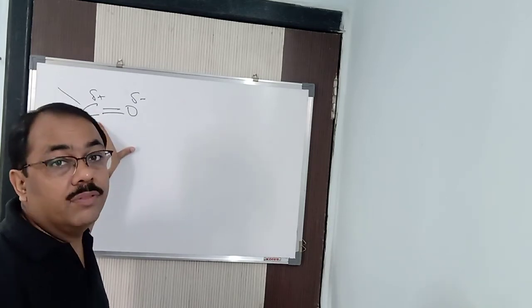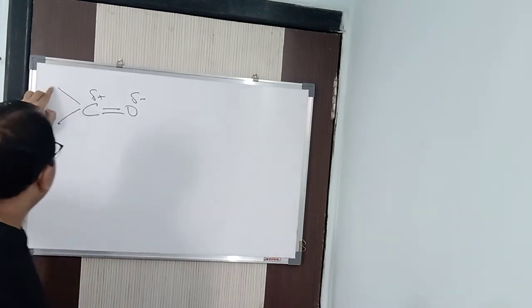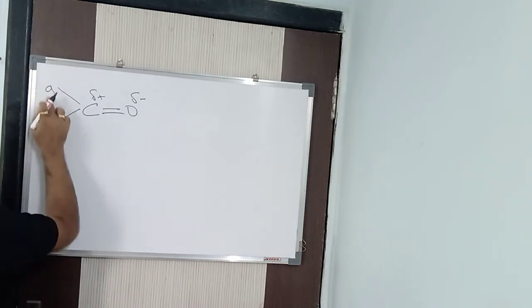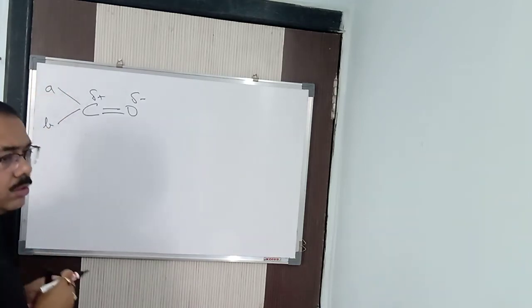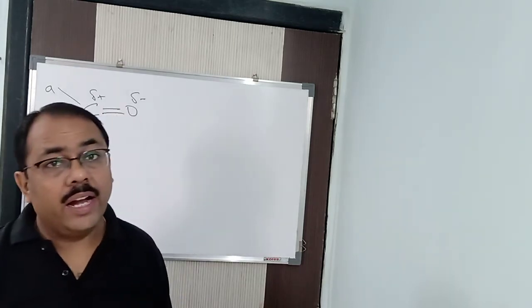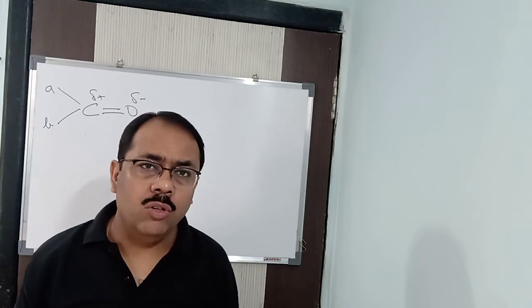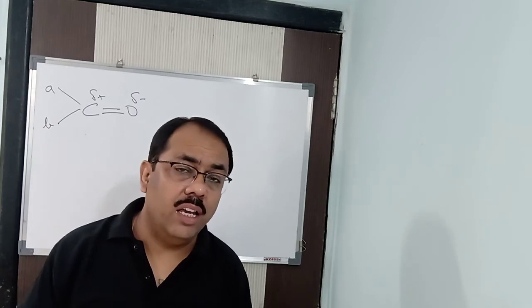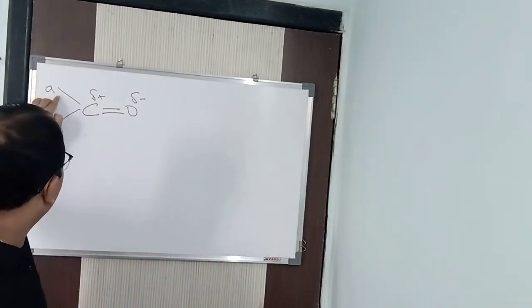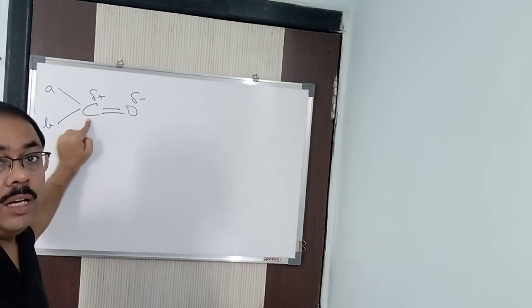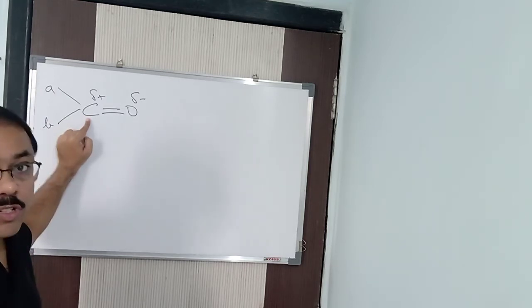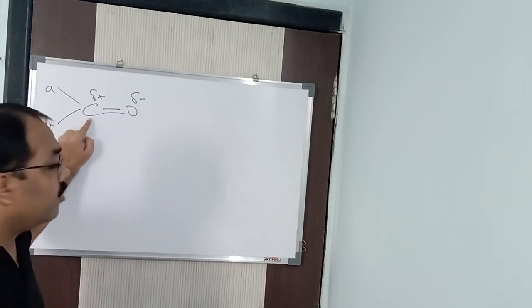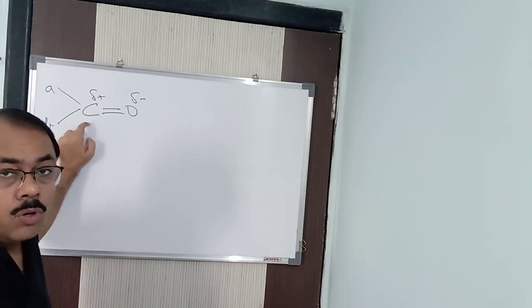How will it be more positive? Suppose the species present here are written as A and B to make you understand. Suppose A and B both are hydrogen, then they are neither electron donor nor electron withdrawing species. Let us say A is a CH3 group. CH3 is an electron donor, so it donates electrons to the carbonyl carbon, and the electropositive character of the carbonyl carbon decreases. For that reason I said, the more electropositive the carbonyl carbon is, the more reactive it is.